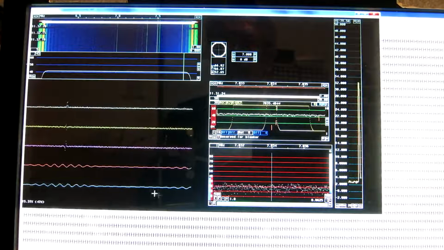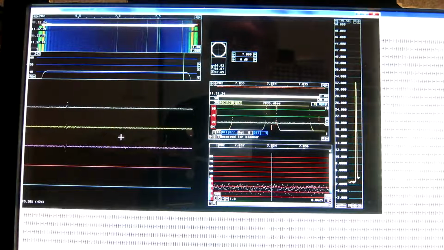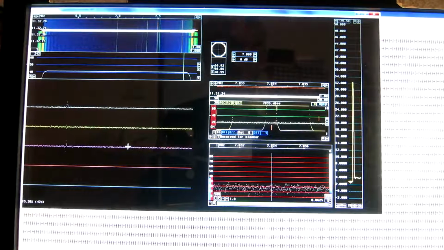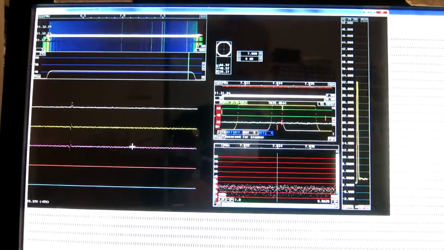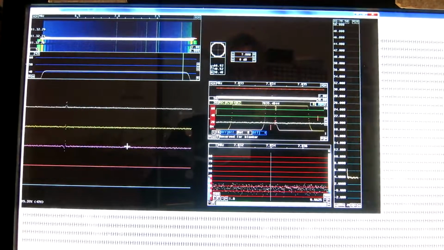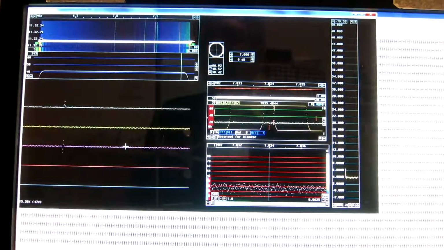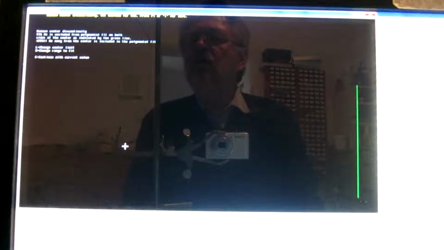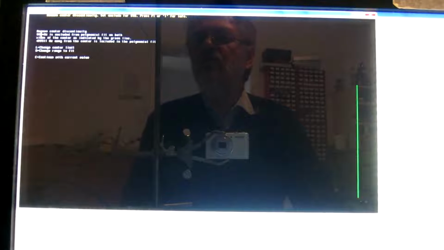So this is what we have, and now I will go and do the next step of the calibration. X, C, C, and 900 Hertz is excluded